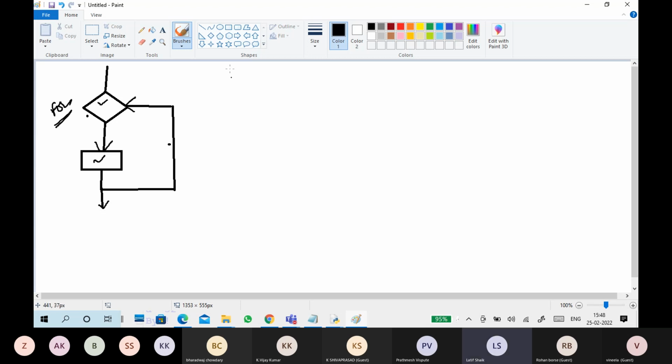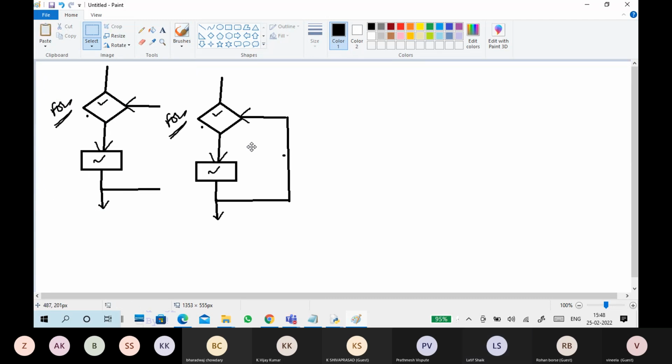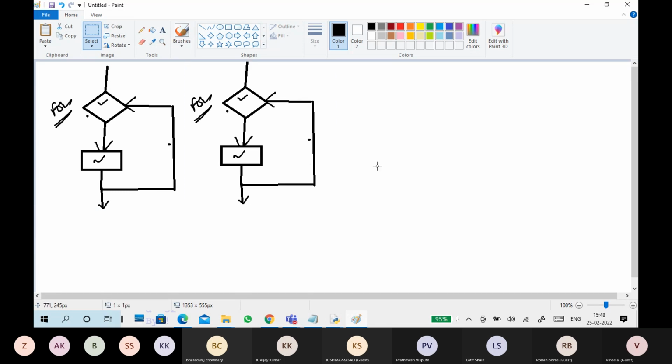But what is the break kind of stuff? Break is also the same thing, but it breaks the loop. So in a break statement, I put a sub condition. If this condition is satisfied, break the loop. That's it.